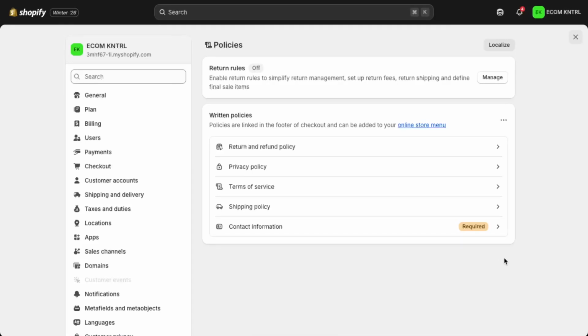That's it. You've created a legal page in Shopify. Repeat the same process